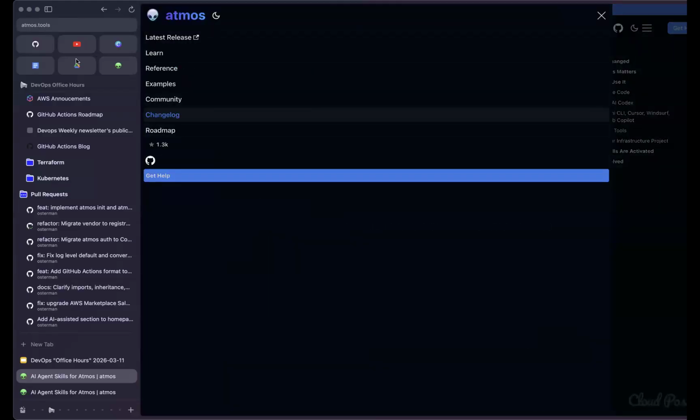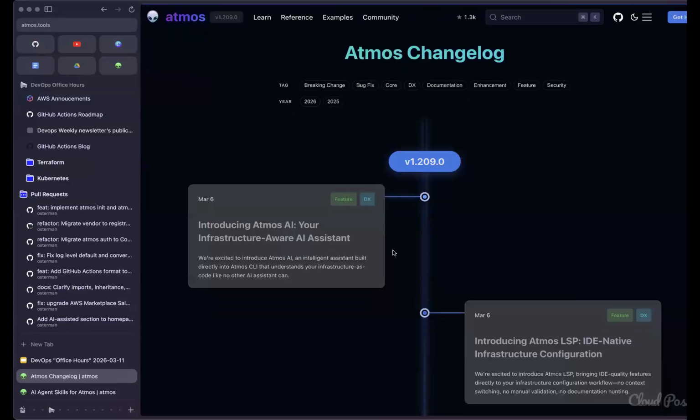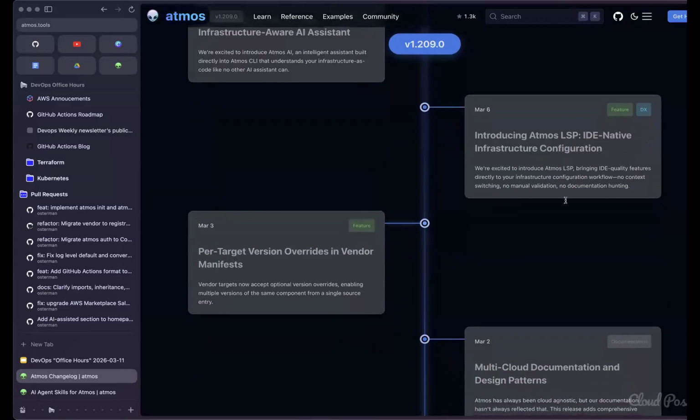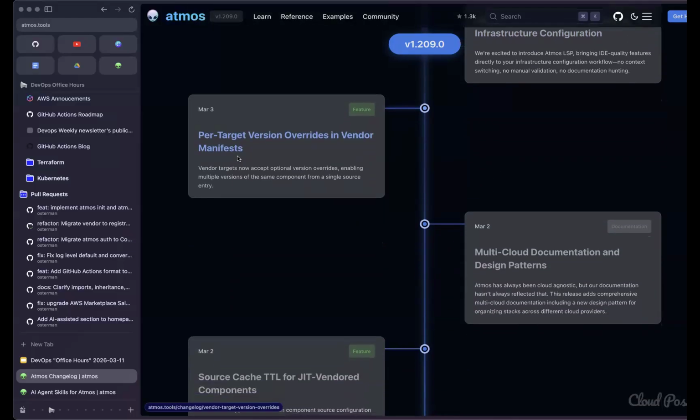Then the other thing I wanted to go into briefly: there were some other things we released this past week. We did introduce a language server. It is also experimental, and we will continue to invest in this. This lays the underlying groundwork for doing more with a language server. Language servers are, of course, how you get all the syntax highlighting and completion for things like stack configs in your editor, like Cursor or VS Code or IntelliJ, etc. So check that out. There are installation instructions for how to use the language server.